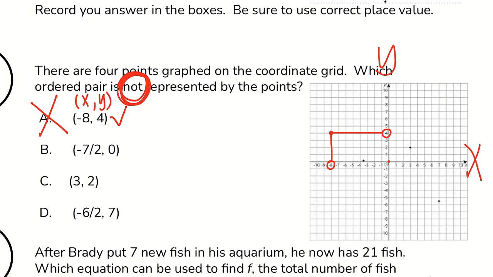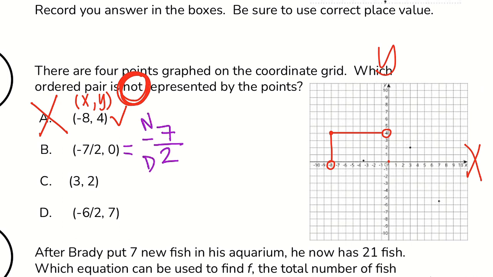Okay, this next one. -7/2. Oh, that means divide. That's like saying it like this, -7 over 2. So some of my kids like to turn it into a decimal. That helps them. What do y'all think? I like that you can do that too. Okay, neato. So if we wanted to do that,